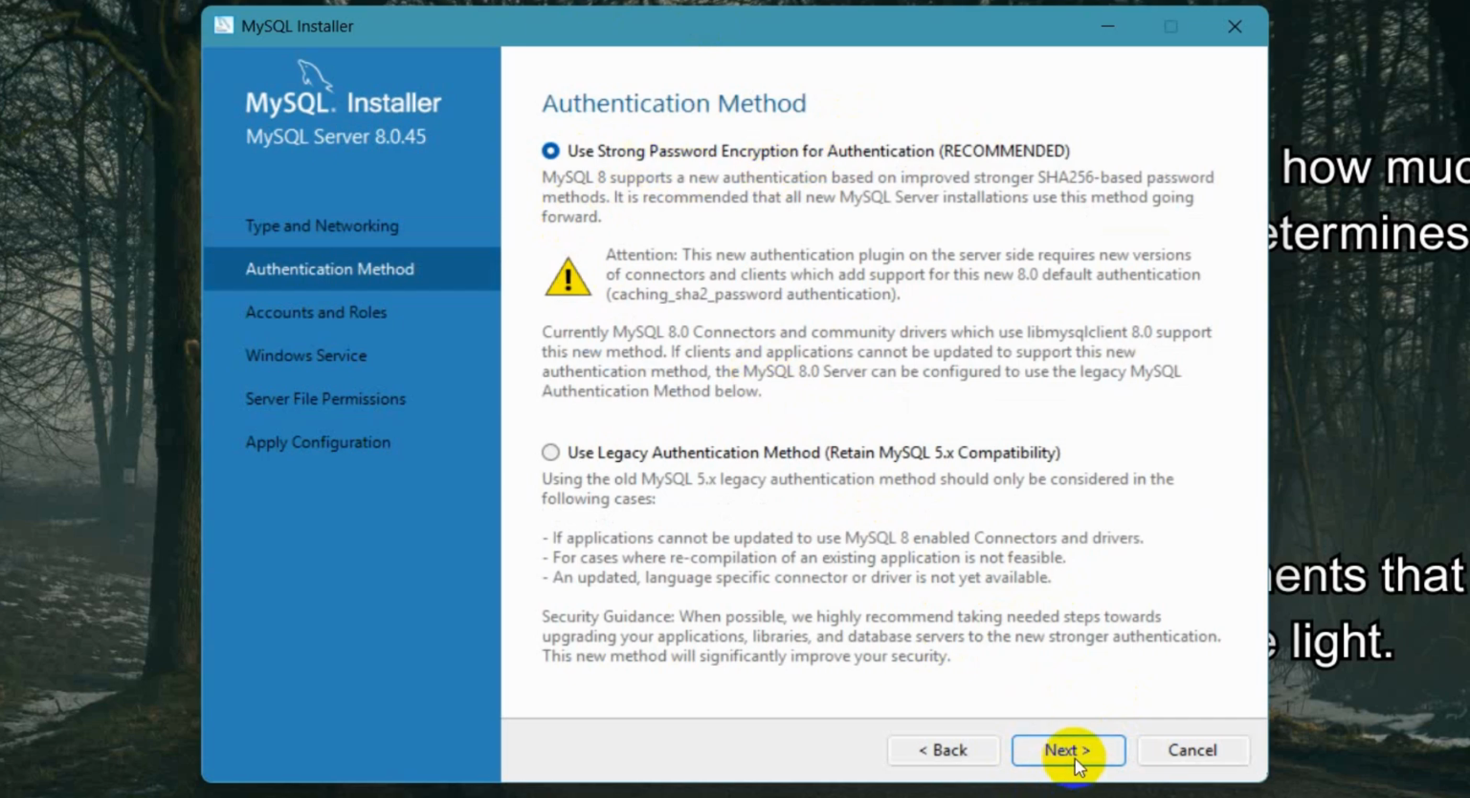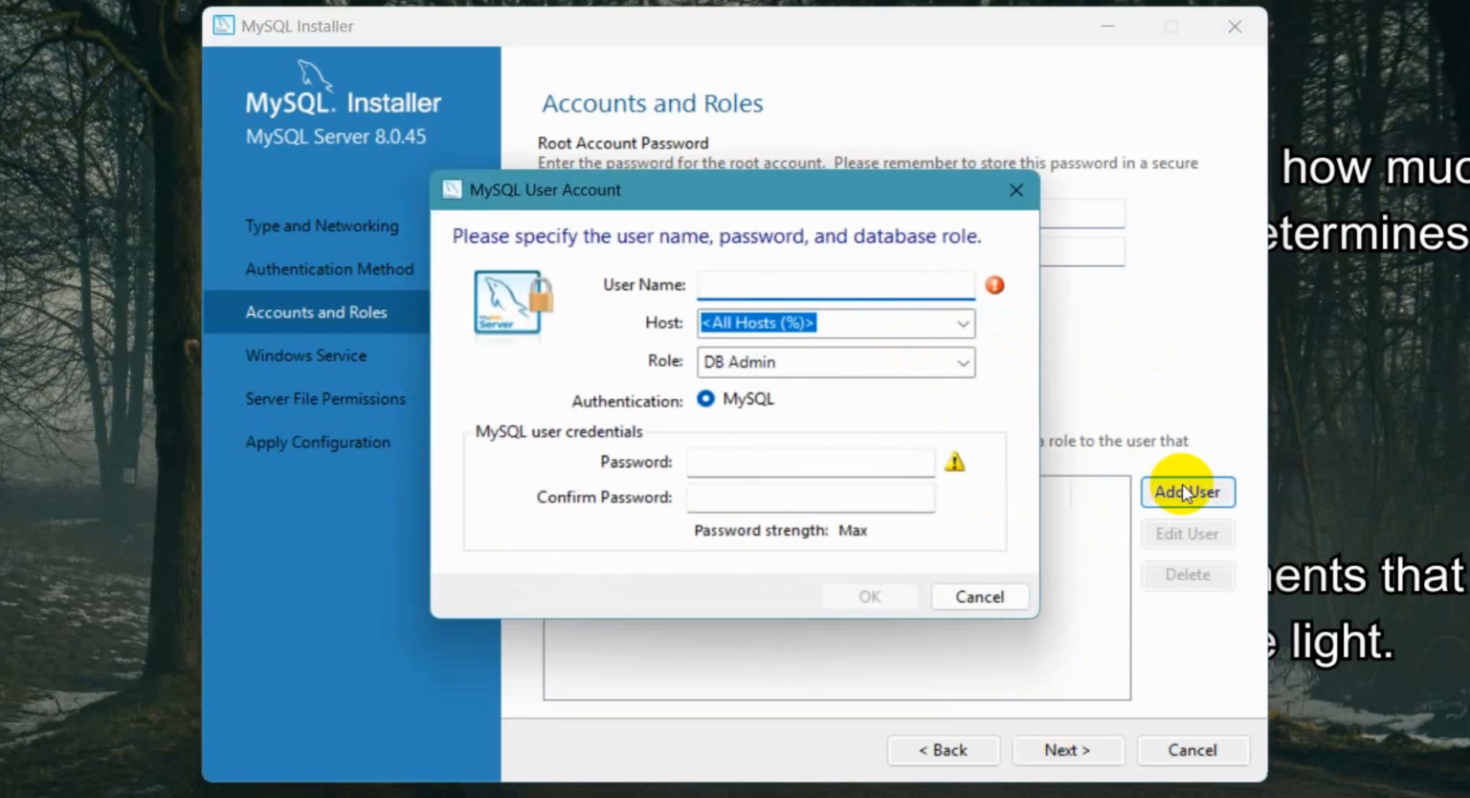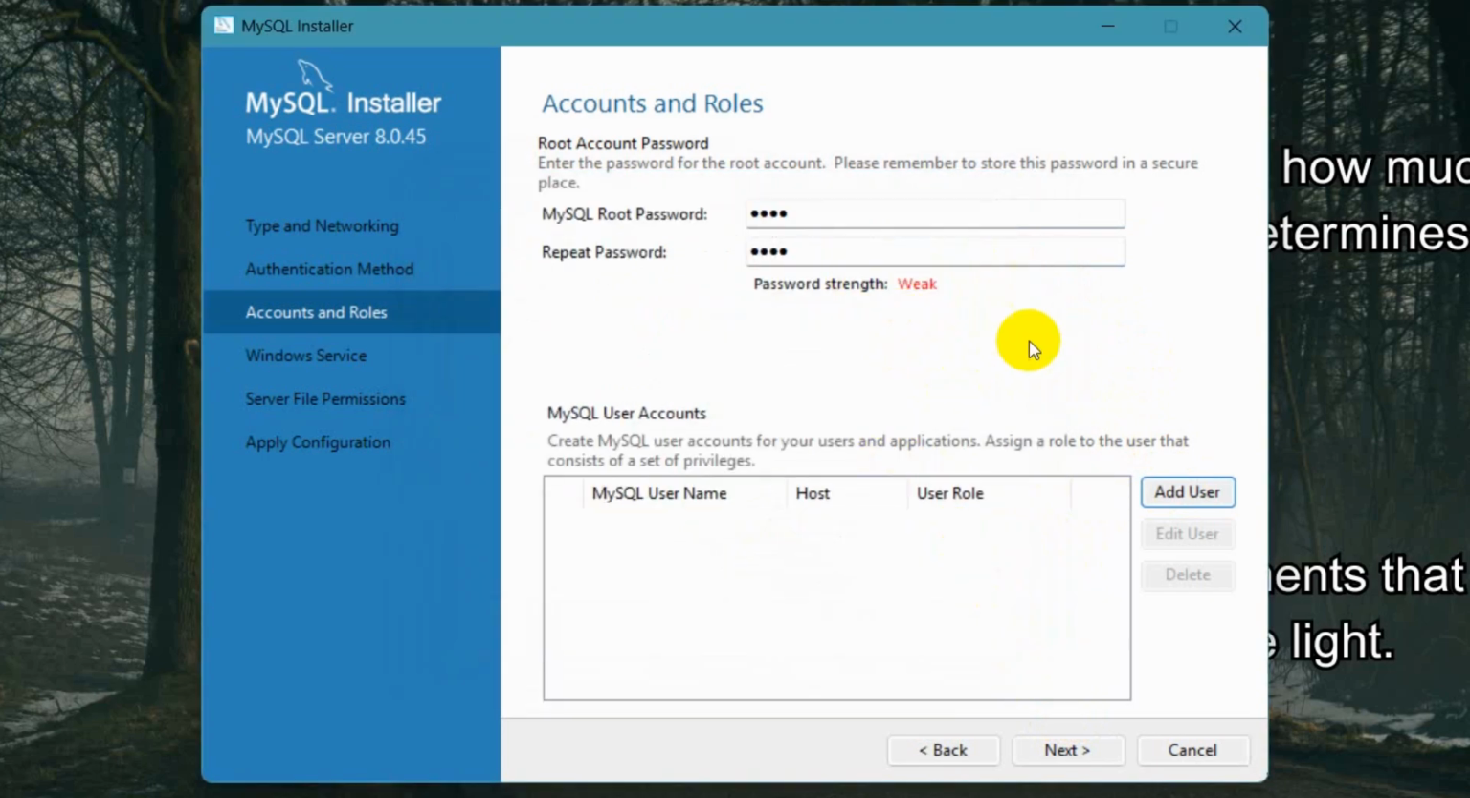Choose the first one, click on next, and here you need to give a root password. You need to make sure that you remember the password because this password will be necessary later. So I'll just keep a simple password, 1234, and it says strength weak, but that's fine. If you want you can create a user, but I'll not create the user. I'll just directly click here next,